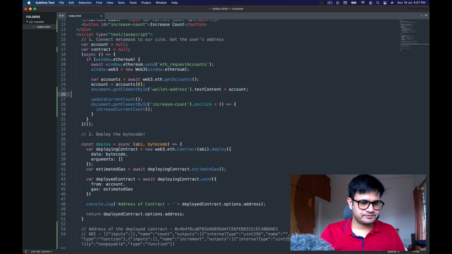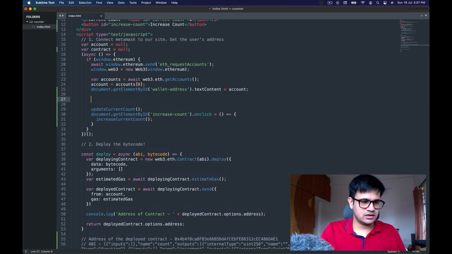After that, similar to how we had created the contract over here, we need to copy it from this place and paste it here, and say contract is equal to new contract with the ABI that we are yet to give, and the address that I will also have to add over here.